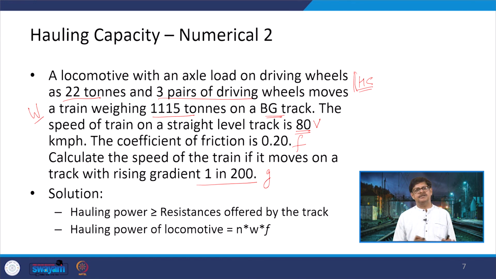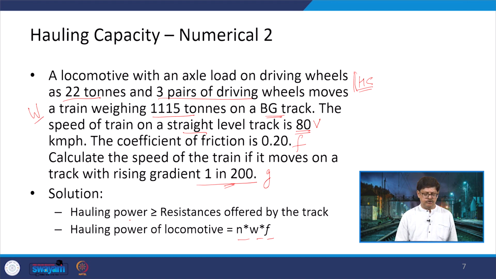So, some of the conditions remain the same as we discussed in the case of a straight level track previously, where three formulas were used. Now, one which is going to be added is for the gradient effect. So, let us solve this. The very first thing again remains the same. First of all, we are going to calculate the hauling power of the locomotive, which is N into W into F,